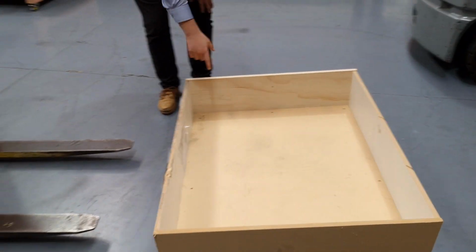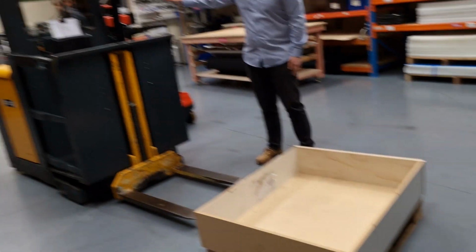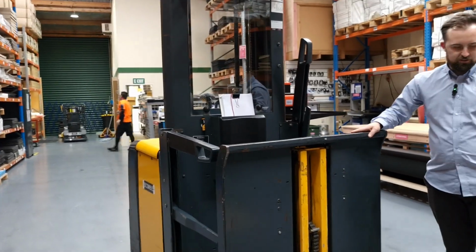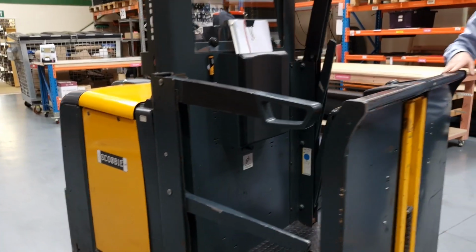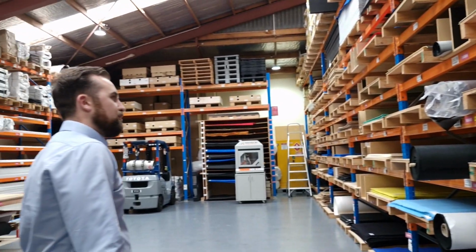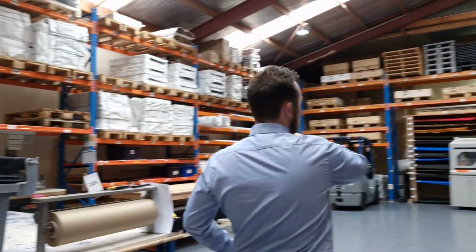So to be able to use these new crates, get a bigger surface area and put things away quicker, we bought what we call Scooby, which means it can fit down the aisles, you can carry that pallet up, and you can put stock away a lot quicker. Okay, so as we've grown over the past year, this used to be an all bulk warehouse that